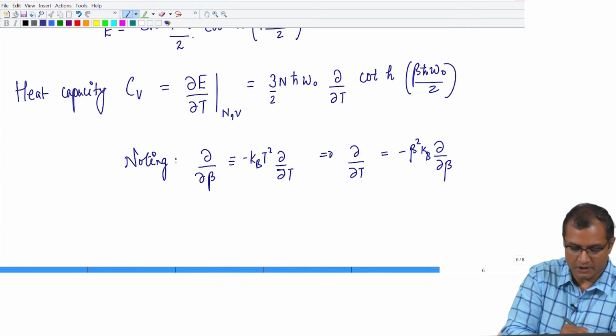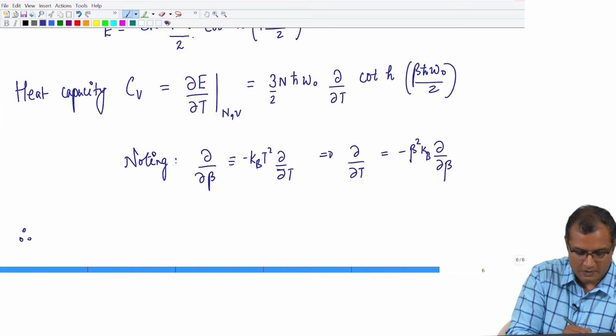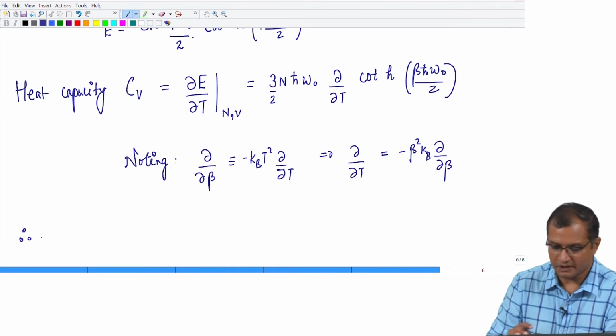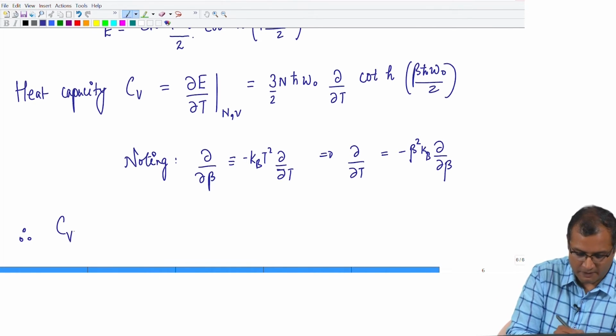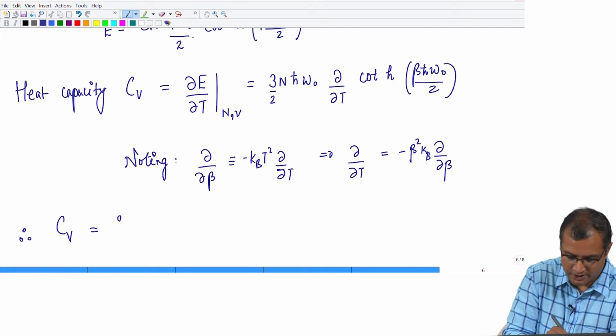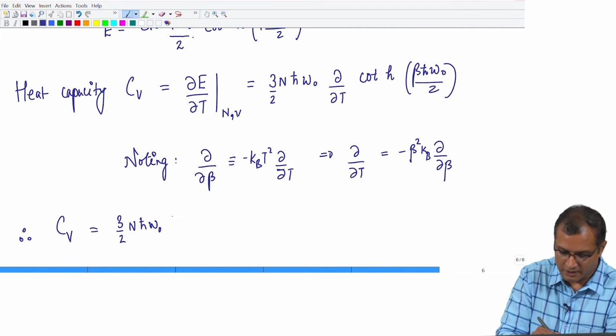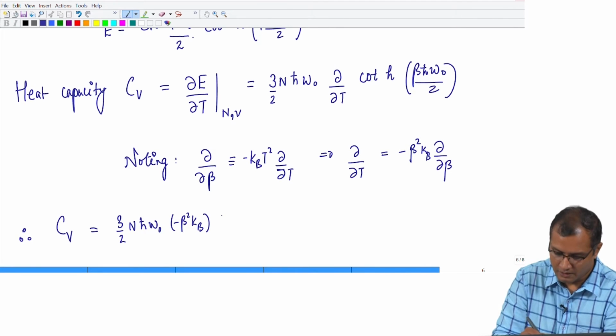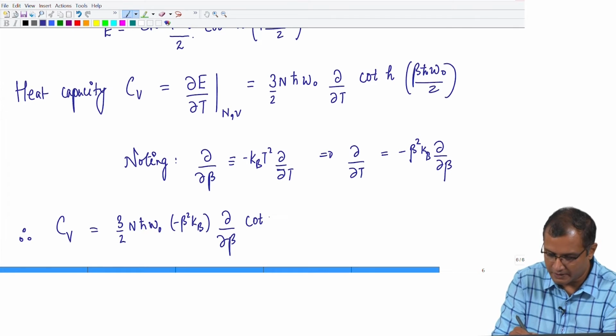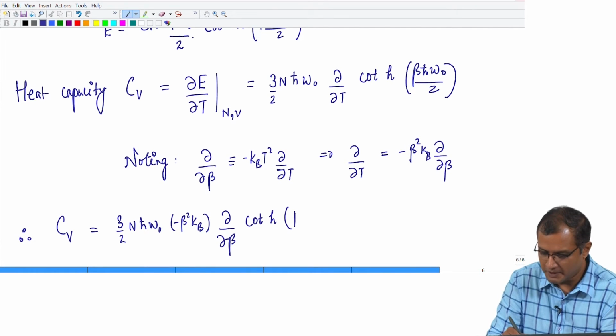So I am going to substitute this change of derivatives. My heat capacity at constant volume will become 3 by 2 into n h cut omega 0, and I get a minus beta square kB into d by d beta of coth of beta h cut omega 0 by 2,